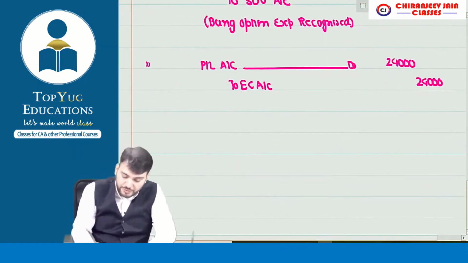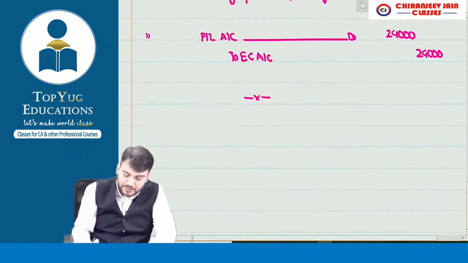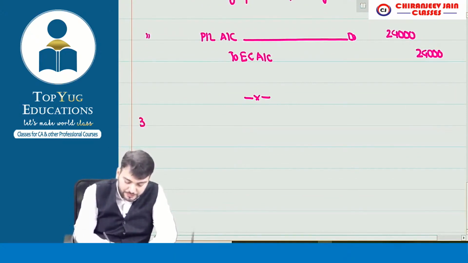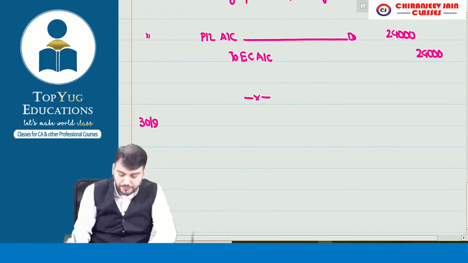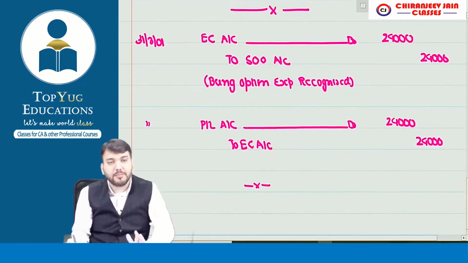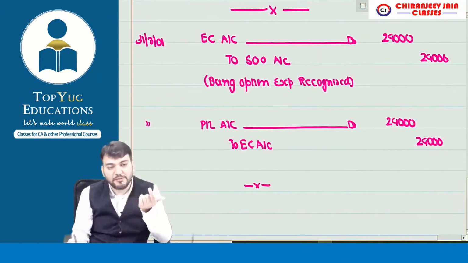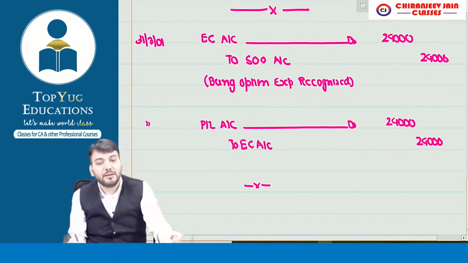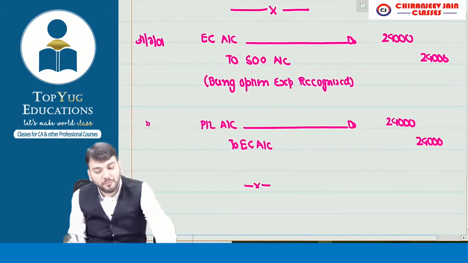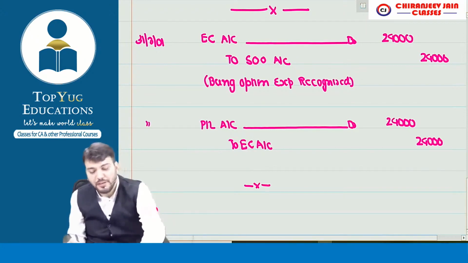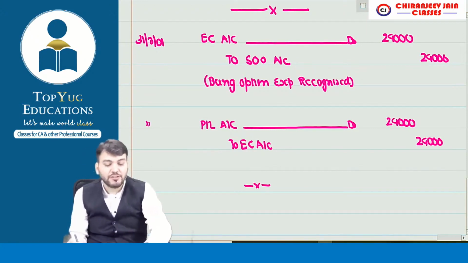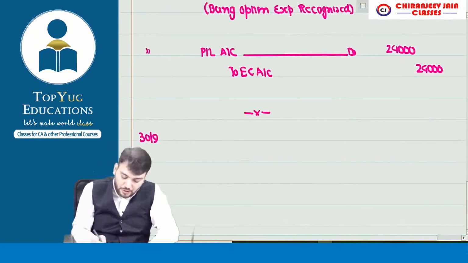Then next year. Next year we recognize expense on 30th September. Correct? But it is not an expense. It means we need to reverse it. We need to reverse it. Correct? हमें reverse करना पड़ेगा. Are you able to understand what I am saying? So what journal entry will pass on 30th September